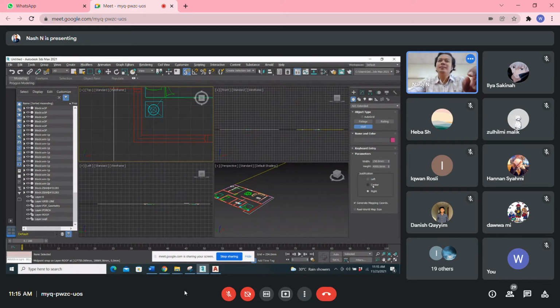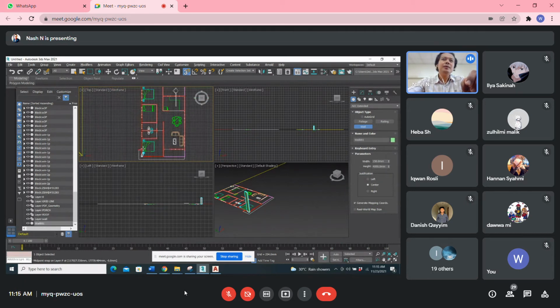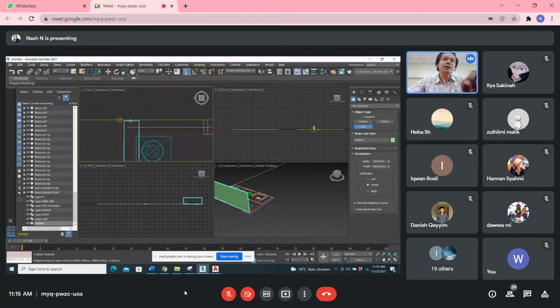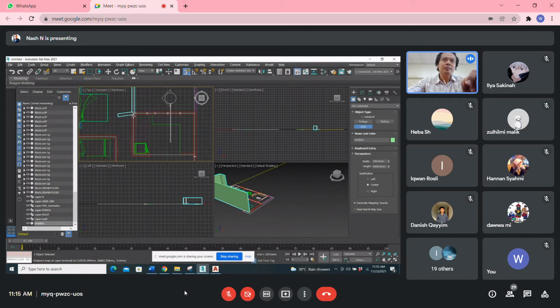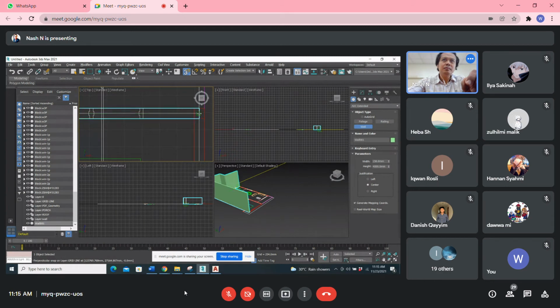Okay, I use center. Let's say our width of the wall is 150, the height is 4000. Just follow accordingly. And then this is not a wall. Okay, just do the wall.